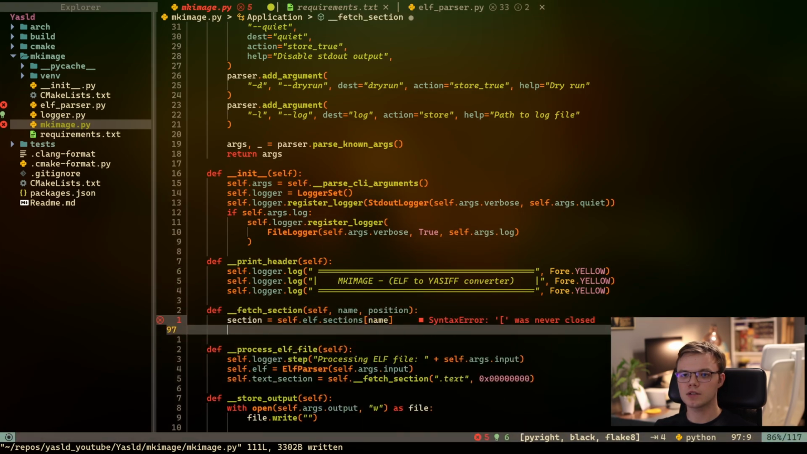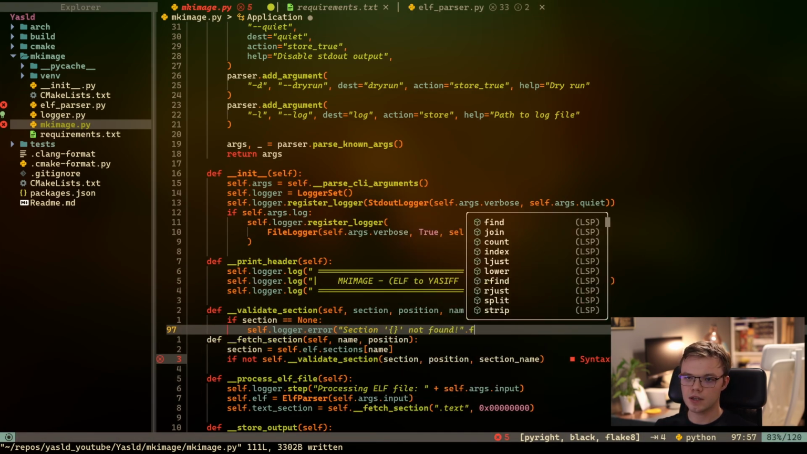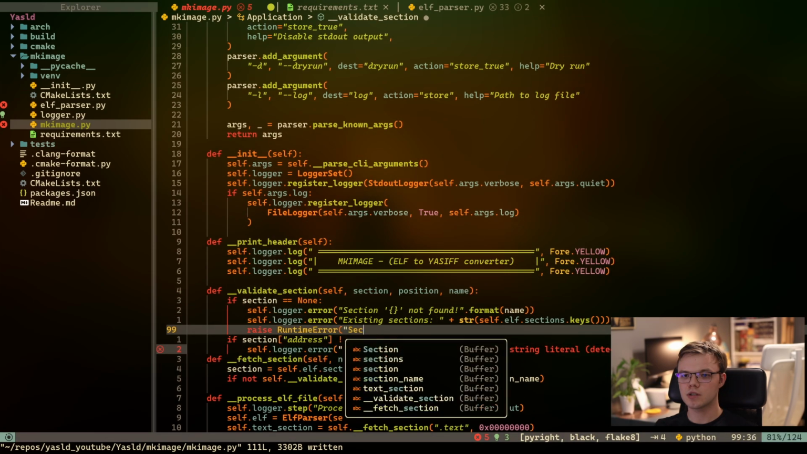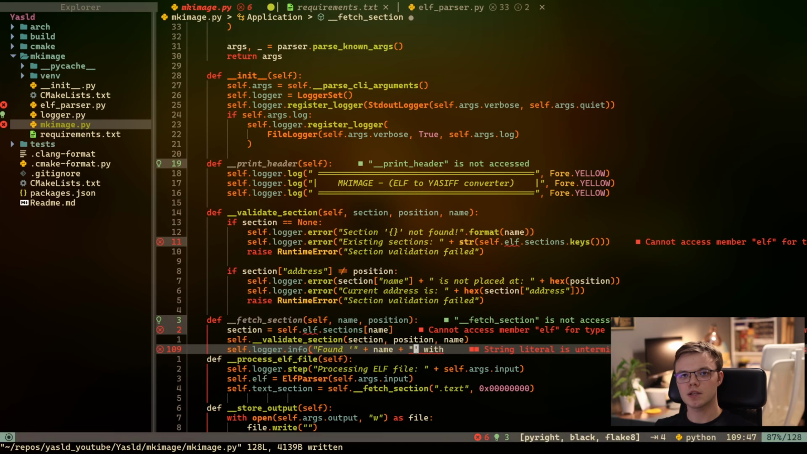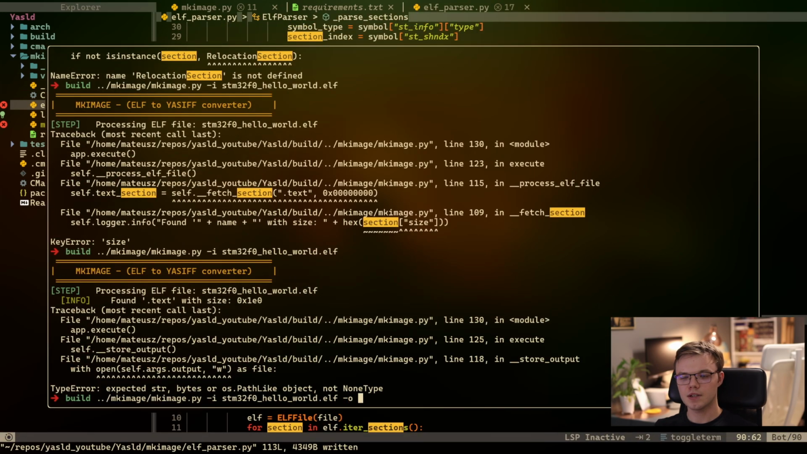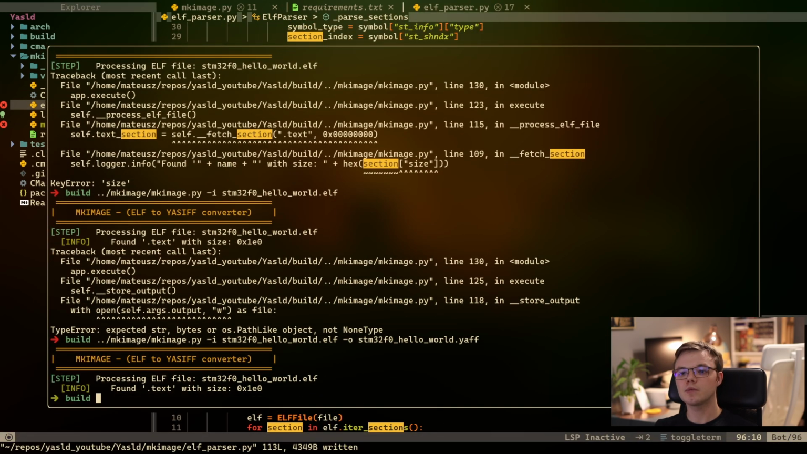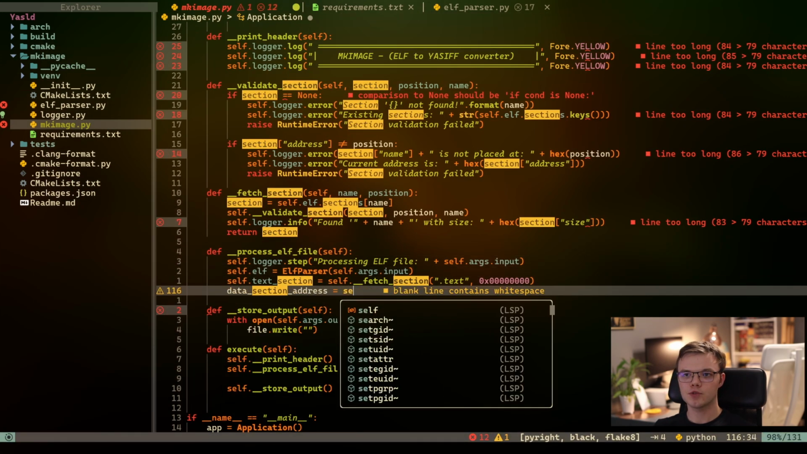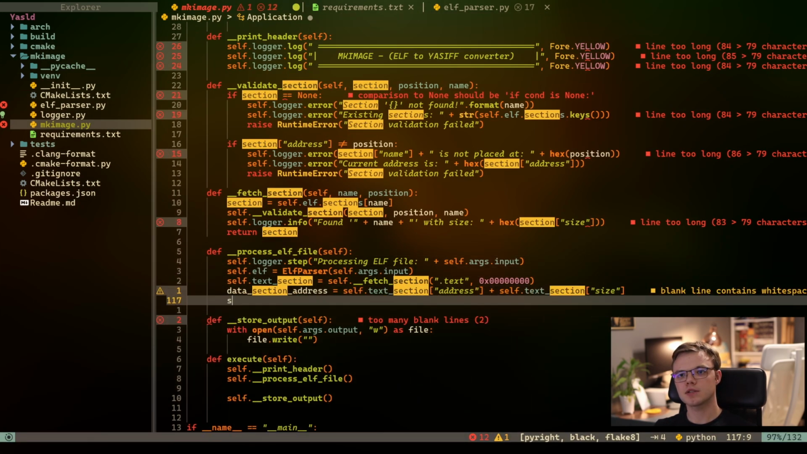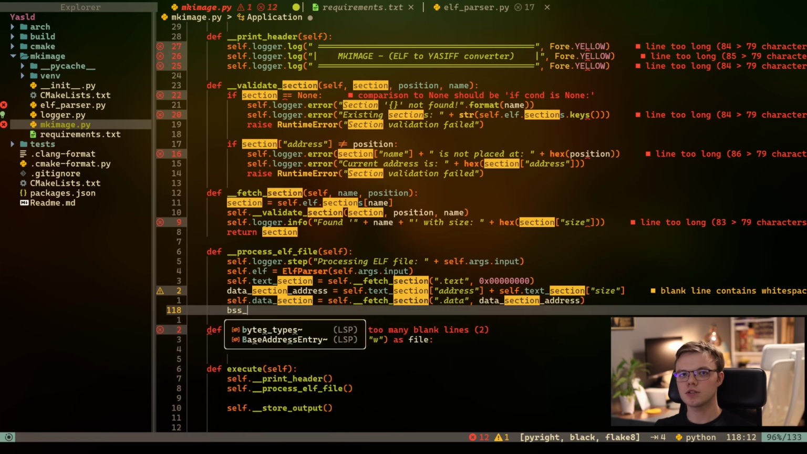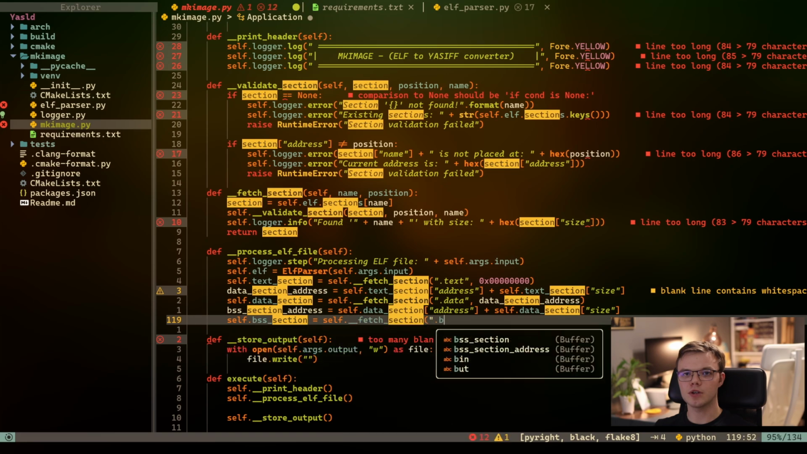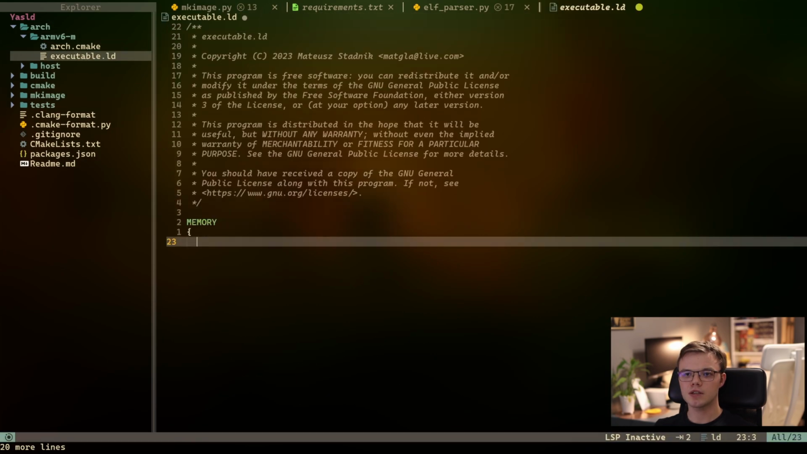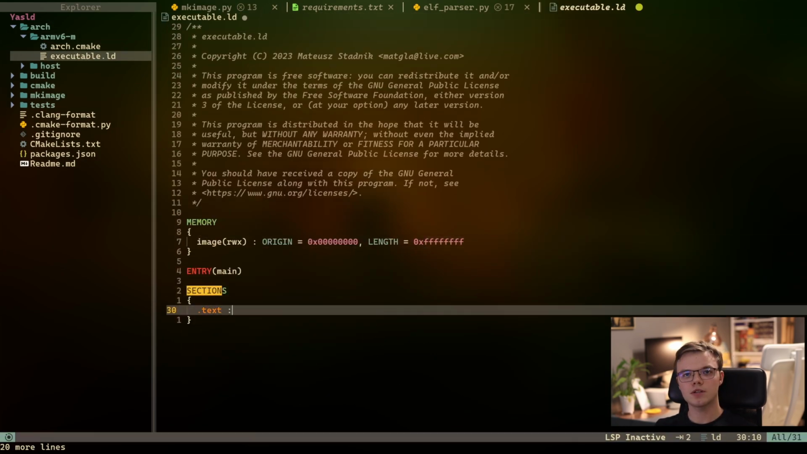That validation will be done by MKImage in places where it's needed. Starting from fetching a section, MKImage validates that the necessary section exists and that the data section is placed after the text section without any gap. Let's test the first real MKImage step. Modules were planned to also contain data and BSS sections. Data contains initialized variables and they must be copied to RAM by the loader, and BSS contains uninitialized variables, so only its size must be